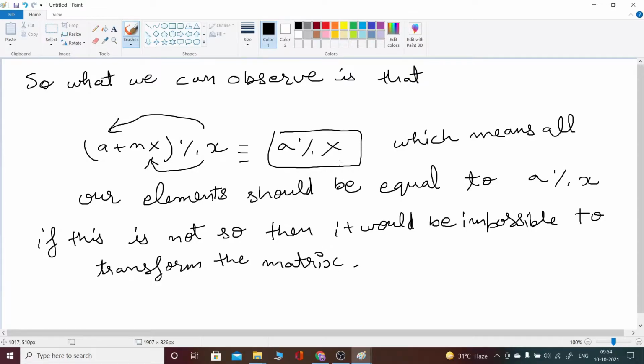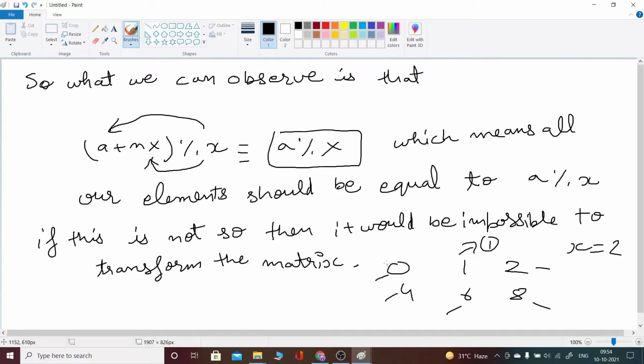Let's suppose 0 1 and 0 1 are there, 2 4 6 8, this is our matrix, and our x is equal to 2. We would take remainder from all the elements, it would come 0, but this would be remainder 1. So we can never transform this matrix.